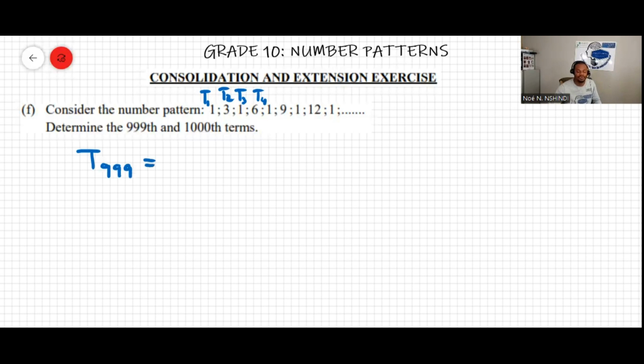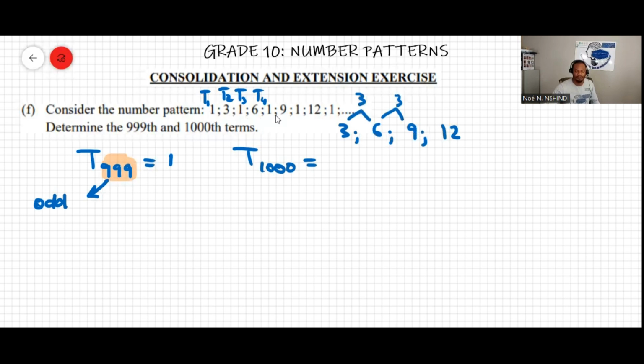Now, if I need to find the T999, we do know that this term here is uneven or odd. Okay, therefore this term is just going to be 1. Okay, and then term 1000 will be like in the linear pattern part, which consists of terms like 3, 6, 9, 12, etc. So over here we can notice that we have a constant difference of 3. Okay, then we can say this will be